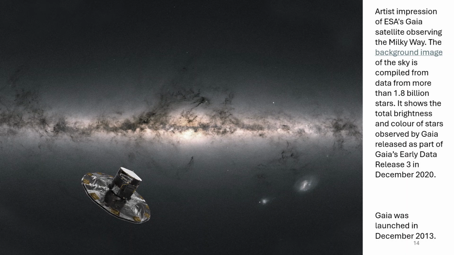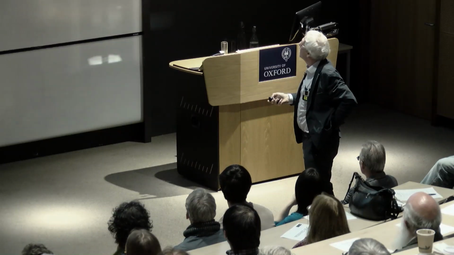So basically what the satellite does is scan very small pieces of the sky and then make a catalog, a table, of all the stars and their colors, and then this image has been constructed from that. It's a European Space Agency satellite. The satellite also measures the distances to the stars very precisely, which is quite good.